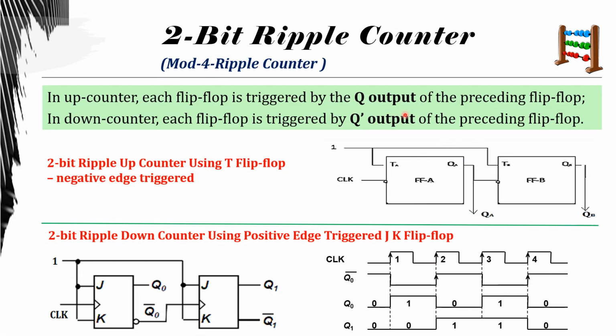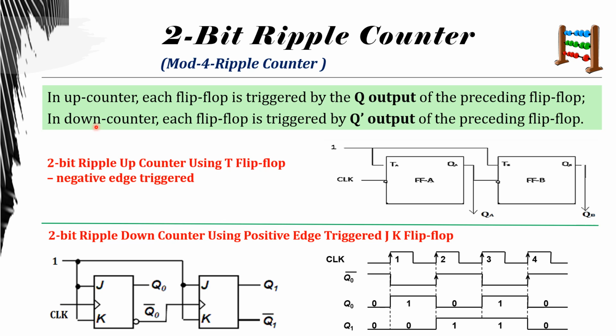Based on the number of bits used in the counter, we can have 2-bit ripple counter, 3-bit ripple counter, etc. N-bit ripple counters are possible. With the help of this 2-bit, we can have 2 raised to 2 possible states. 2 raised to 2 means 4. That means this 2-bit ripple counter can also be called as modulus 4 ripple counter, also called as mode 4 ripple counter. As we know, this counting can be done either in the up direction or in the